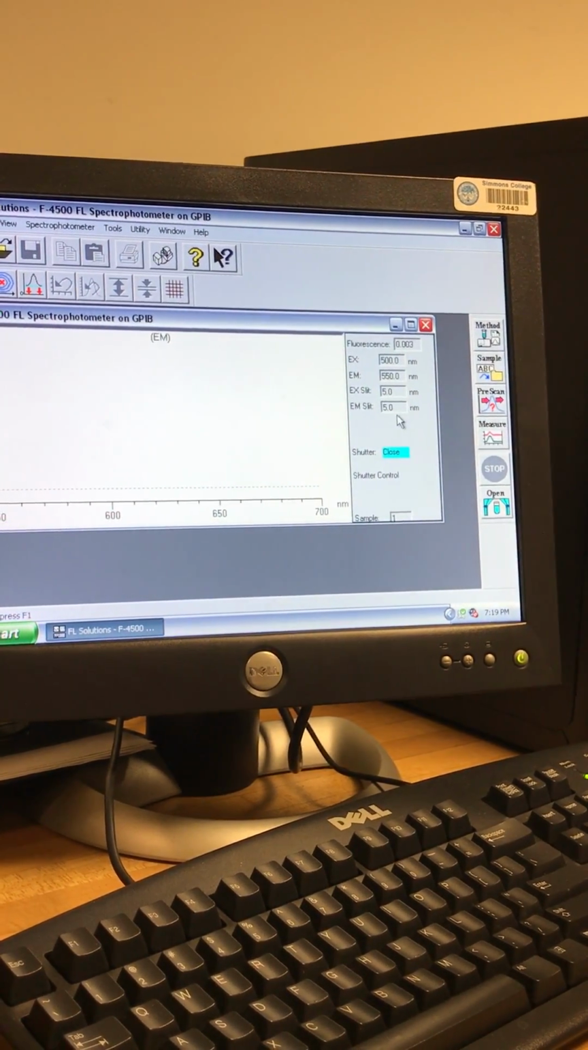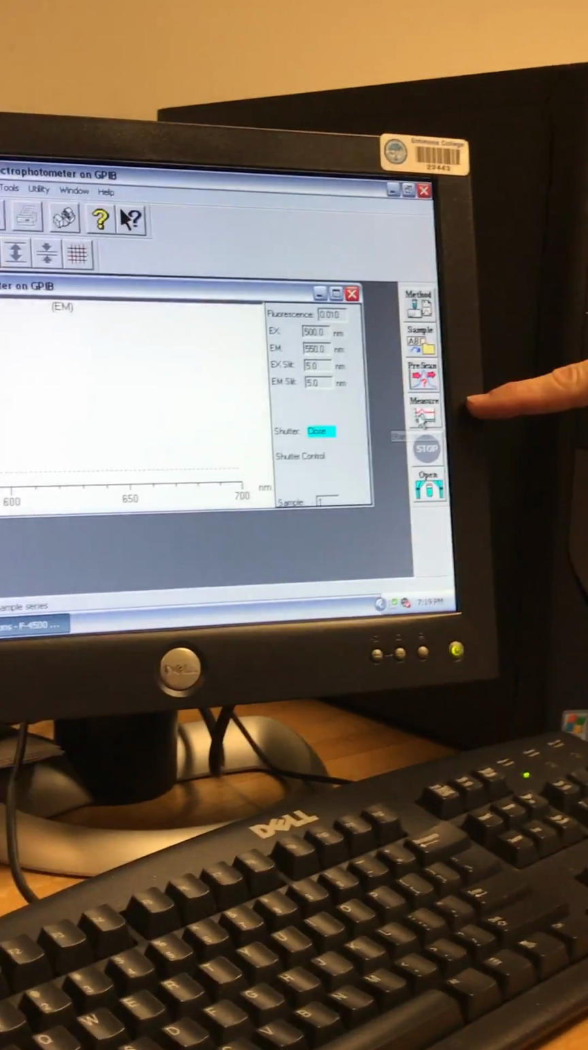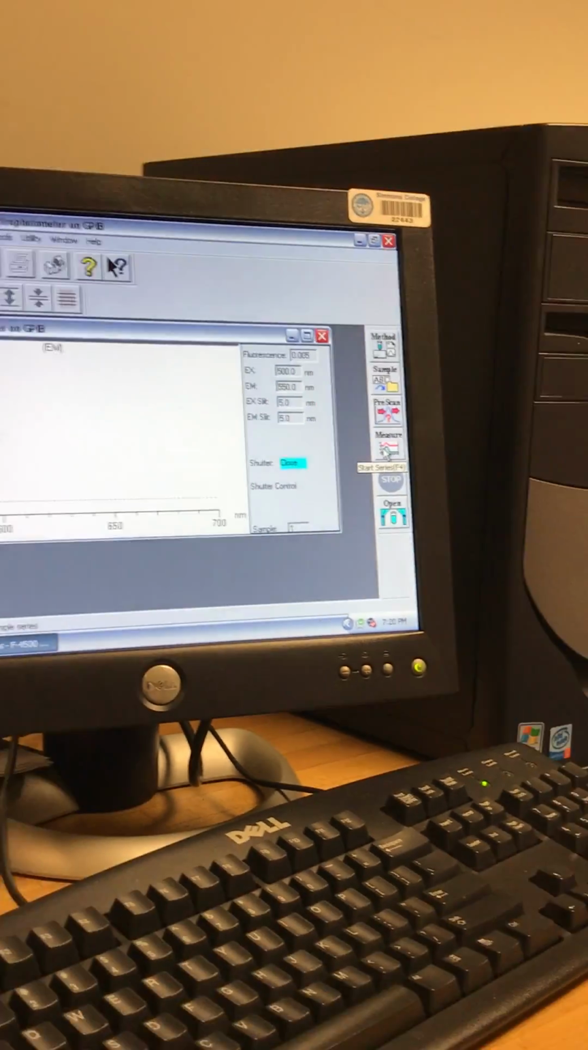Okay. So we should be able to go just simply to measurement, but we have to put our sample in. Right. So we'll bring our samples over. I brought